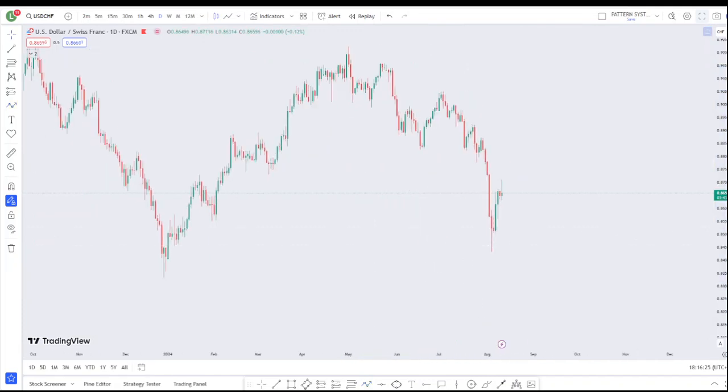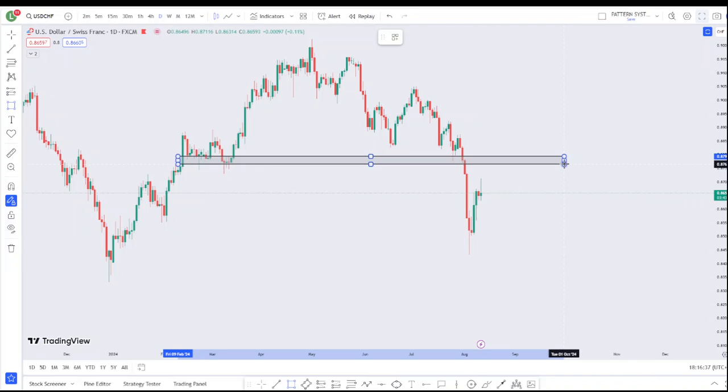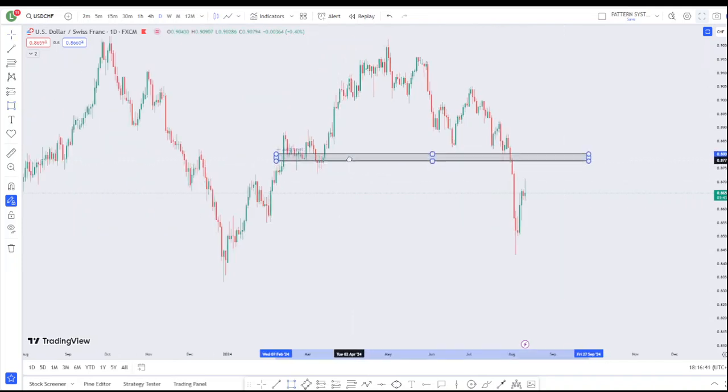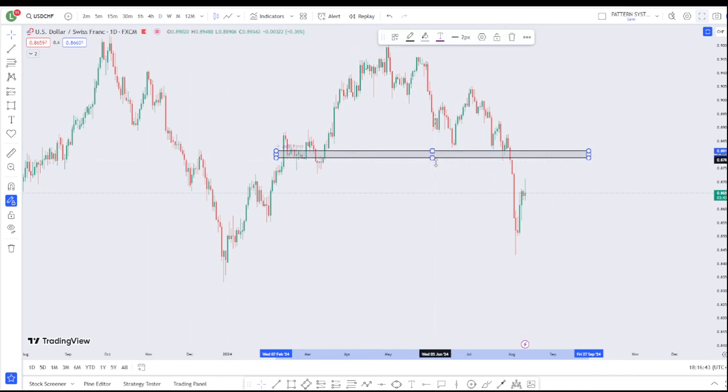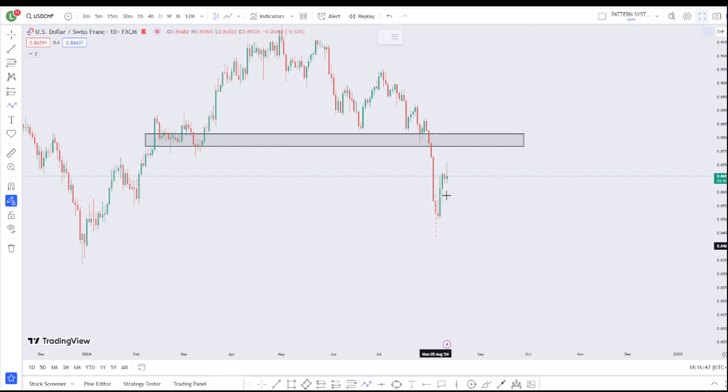Last week Monday, I posted a video saying I'm expecting this market to form a retracement throughout last week to this key level zone. If you watched last week's market top down analysis, you agree with me. I said I'm expecting this market to buy up to this key level zone throughout last week so that we can take a massive swing